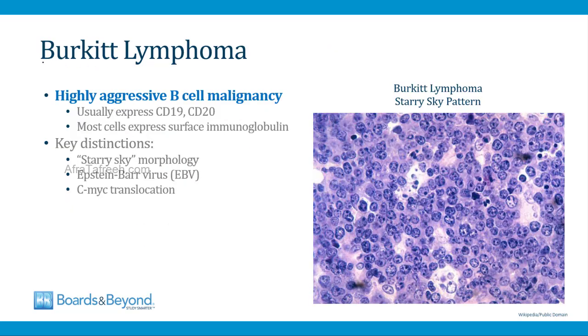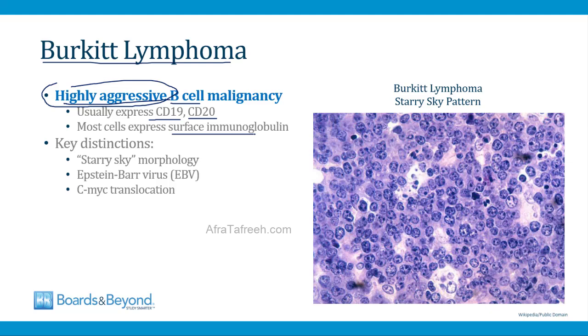Okay, next let's talk about Burkitt lymphoma, which is a highly aggressive B-cell form of non-Hodgkin's malignancy. Burkitt lymphoma is sort of famous for being a very aggressive and rapidly progressive type of lymphoma. The malignant cells derive from B cells, so they usually express CD19 and CD20, and most cells express surface immunoglobulin, just like many of the B-cell forms of non-Hodgkin lymphoma. Some key distinctions of Burkitt lymphoma from other forms of non-Hodgkin lymphoma are first of all the starry sky morphology